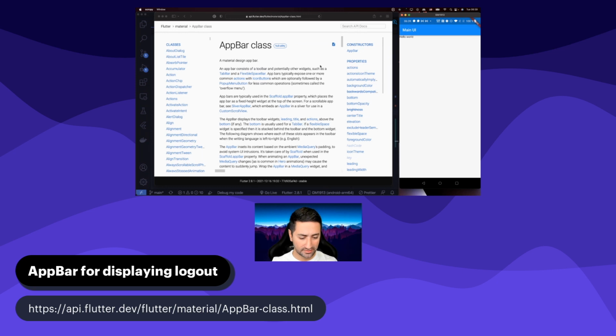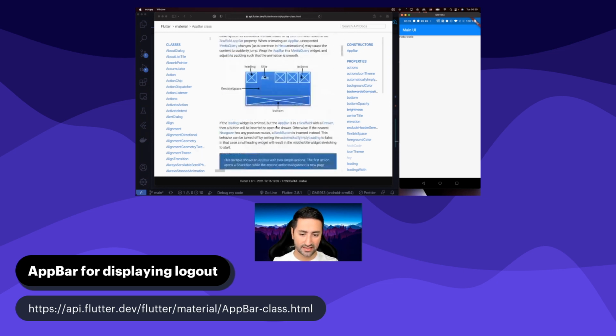So this is what an app bar is, as is the gist of it. And there's information here in the documentation. You can see here it says there's a leading space, or you can actually put a widget in the leading, and then there's a title, and then some other actions. And these are the things we're actually going to use, actions, in this section, in this chapter of our